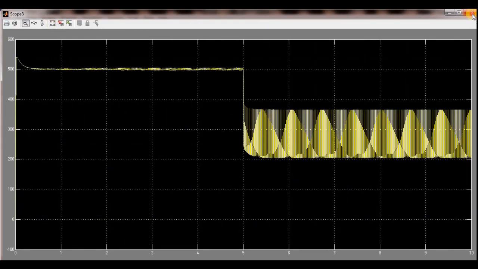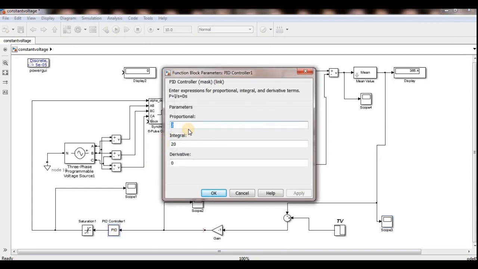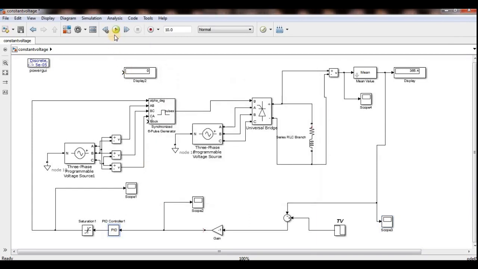This chattering can be reduced by changing the PI. See, I will take the gain as 1 now. So this chattering over the DC link voltage, I mean the DC voltage across the load, we can make a pure line, I mean constant. The smooth curve I can get now. And my relation is 3 root 3 Vm by pi cos alpha, because this is an RL load, not an RLE load. If it were an RLE load, it would be 3 root 3 Vm by pi cos alpha plus E, but it is an RL load, so I get 3 root 3 Vm by pi cos alpha.